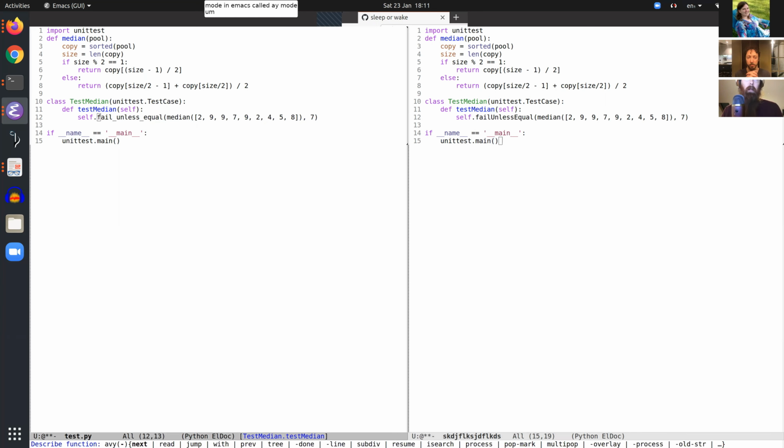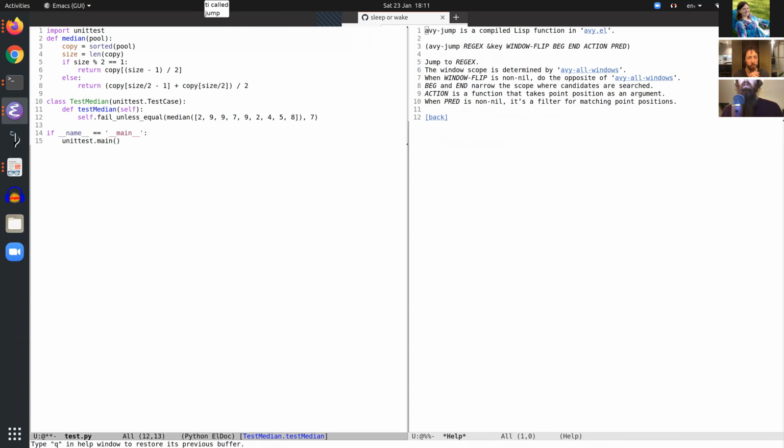So AVY, what's it called? Jump. So AVY is, I'm not sure what to look at to give you a native what it is, but it's spelled AVY, or I'm not sure how it's pronounced. But it basically gives you some commands that you can use to quickly jump around by giving it a single character or a whole word or something. It will quickly find all of the places on screen where that character is, and it will highlight them. So I believe for me, this is bound to control